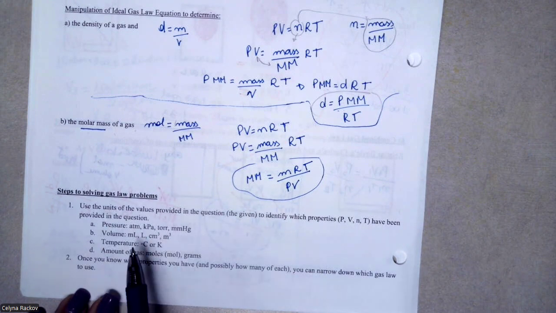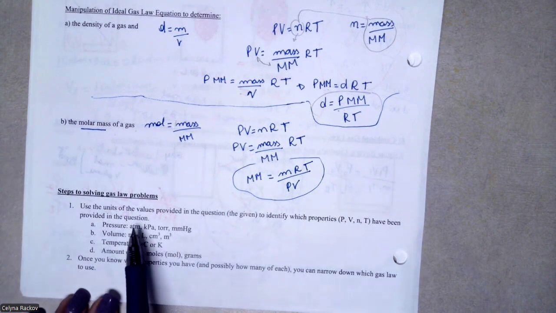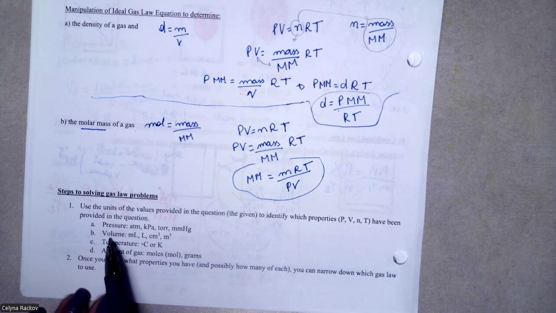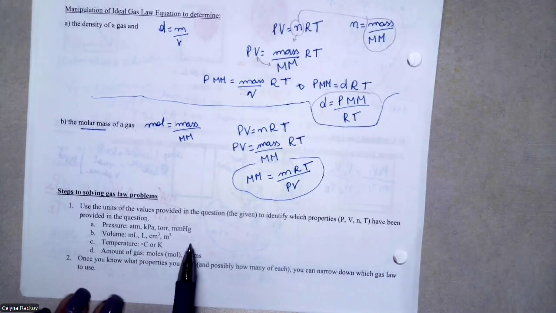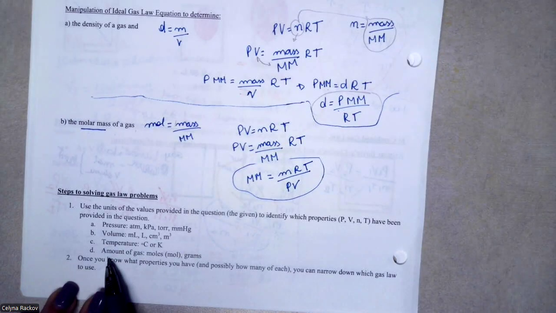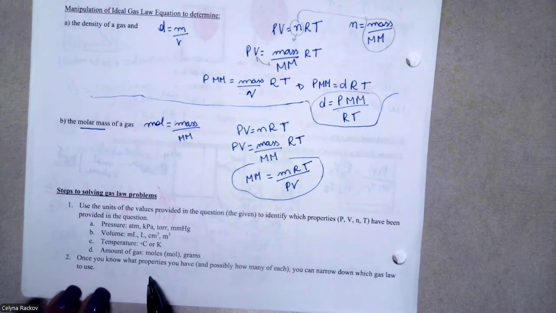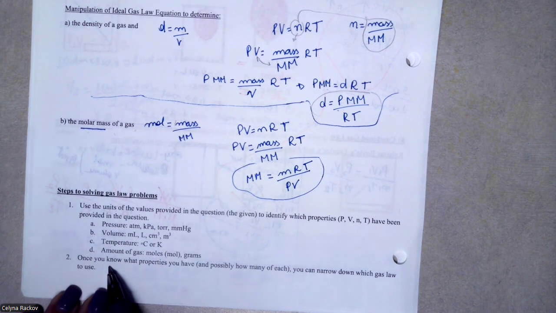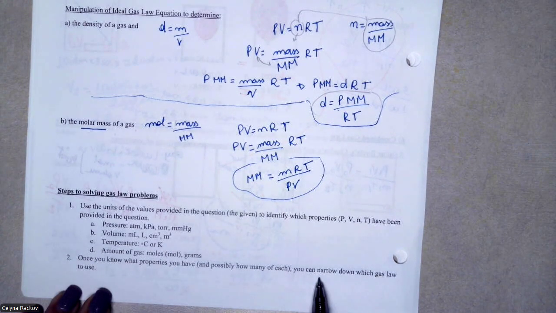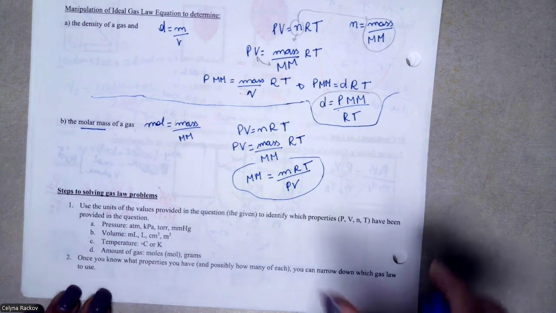Pressure is usually given in atm or torr, volume in liters or cubic centimeters, temperature in Celsius or Kelvin, and amount of gas usually in moles or grams. Once you know what properties you have,